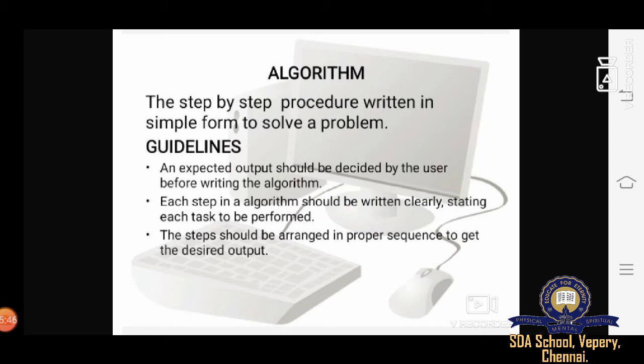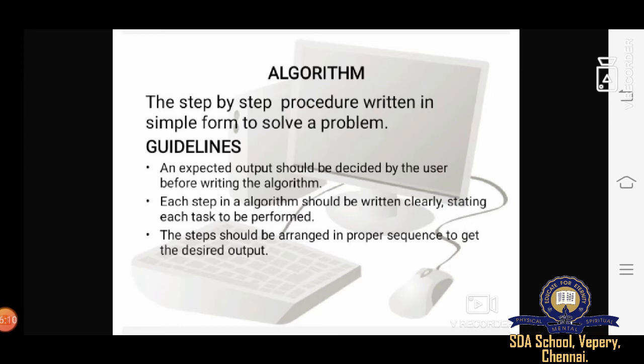First we need to clearly check whether the program is correct or not. Then we should proceed with the program. And the steps should be arranged in a proper order, in sequence, to get the desired output. We need to arrange the steps: step 1, step 2, step 3, step 4.